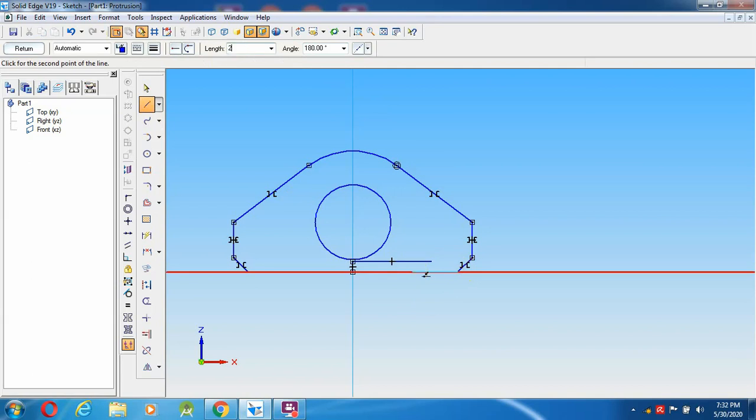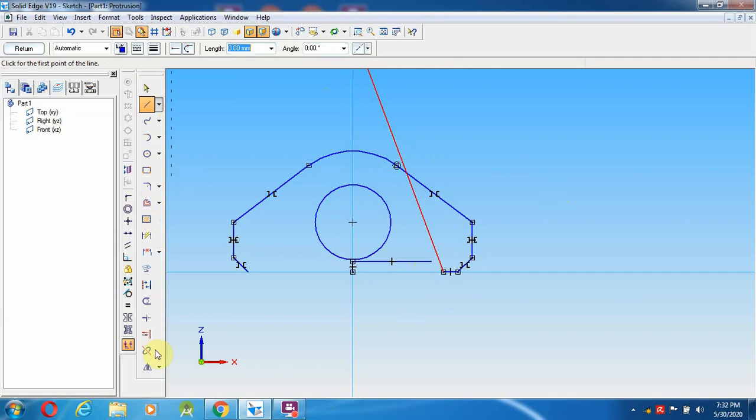Select 2 mm, and the angle they have not given, so you can give a minimum angle, like 90 to 100 or 110, so 110. Angle is 110. Enter.